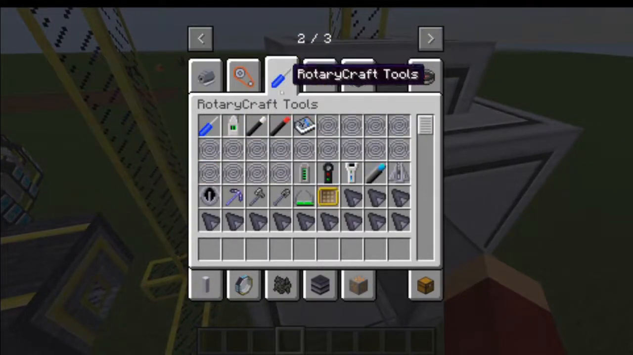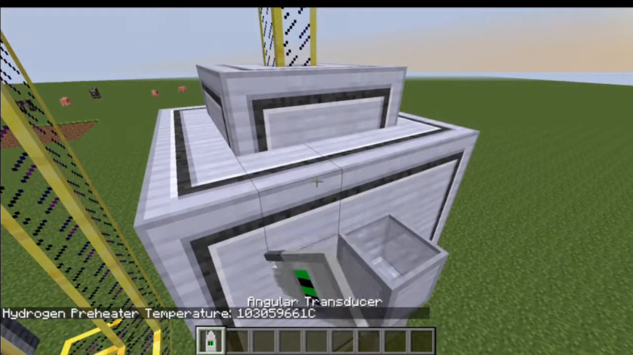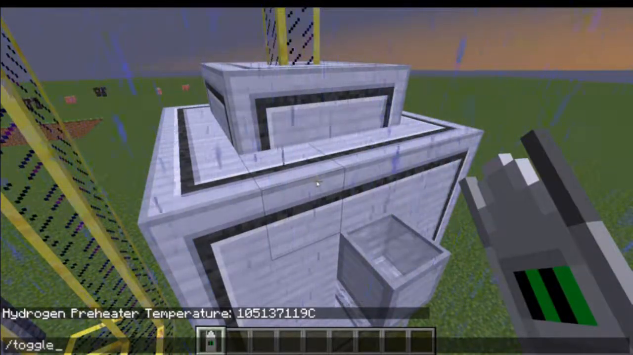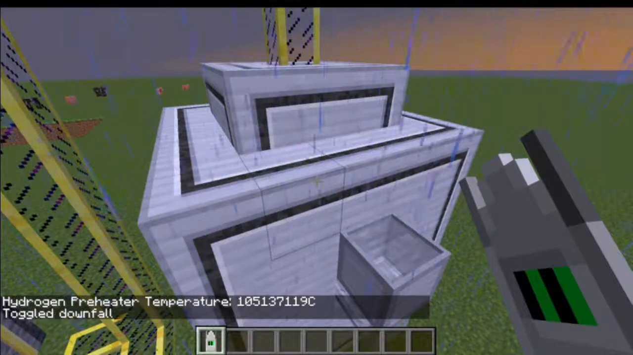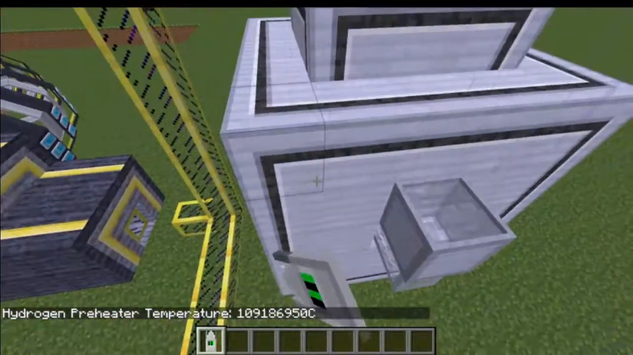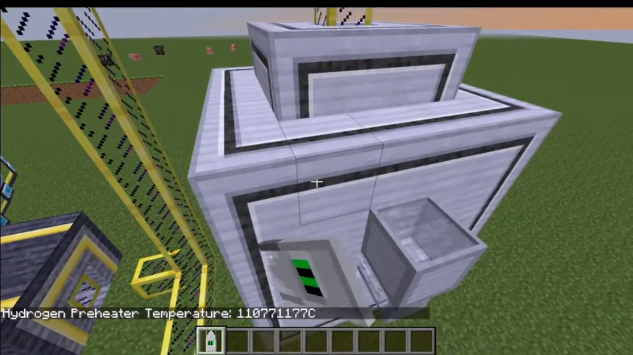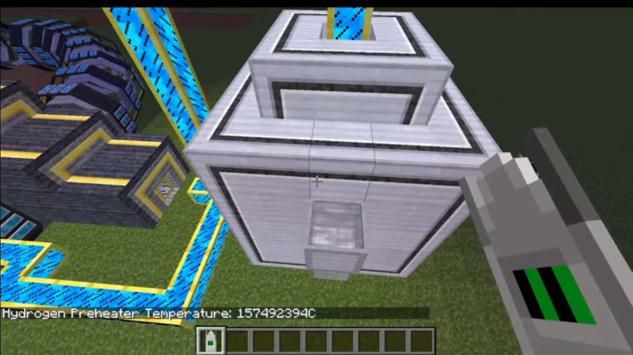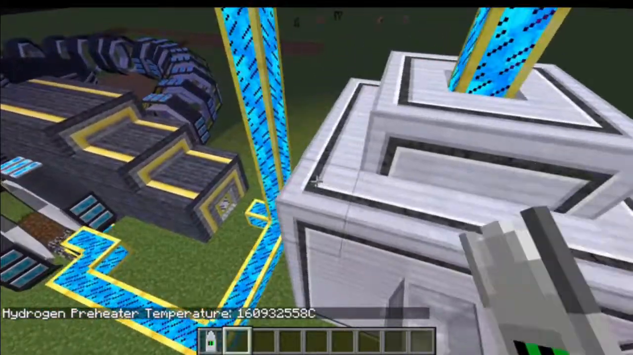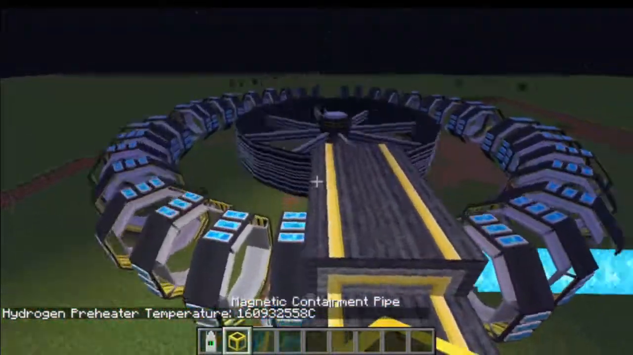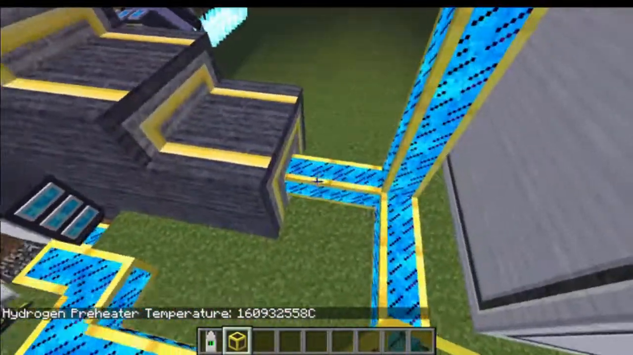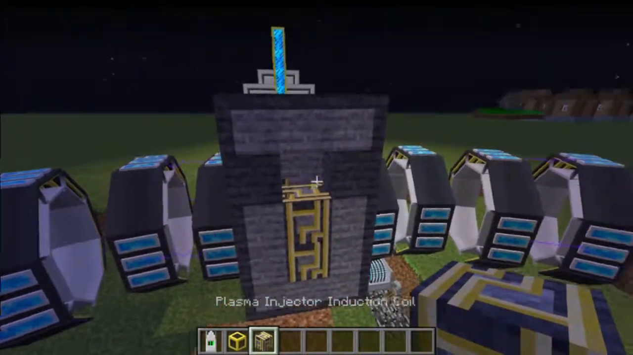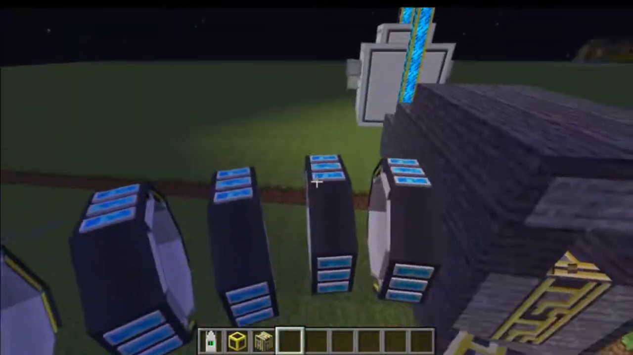Grab your angular transducer and click on that. There has to be a 5 where there's a 0 right now, and then it will start doing it. It will start producing fusion plasma. I go ahead and cut out to where it starts producing it. And I got ahead of myself. I tried to plug it in too early. If you break the front of it and unbreak it,